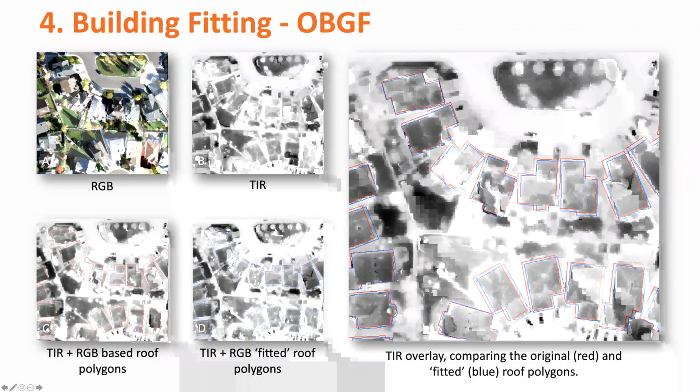We have to assume that the polygons are high quality. That's not always the case, and that's some of the work we're working on now. But in general, it's very good. So now we have a tool set that allows us to take our thermal image, acquire it over a very large city, like 825 square kilometers,